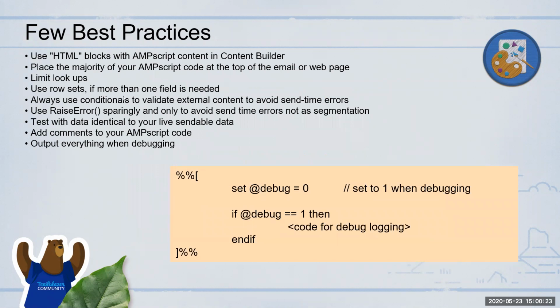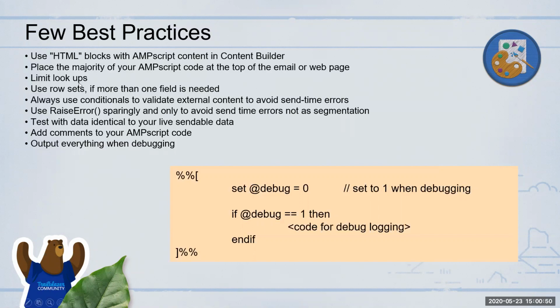Always use documentation. Try to document and comment your code properly, what each set of functions does, because sooner or later the number of functions and things that you'll add will become large. Okay, and at a particular point in time, it's very hard to come back and see what this was for, just like any other normal code. But AMPscript is very tough to debug. That's why always try to keep everything documented properly.